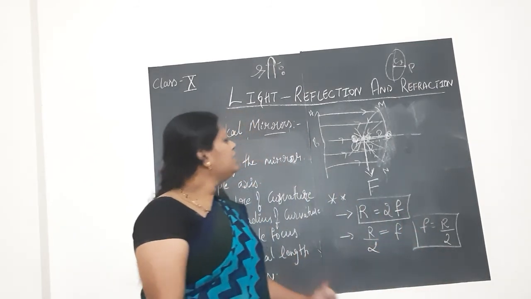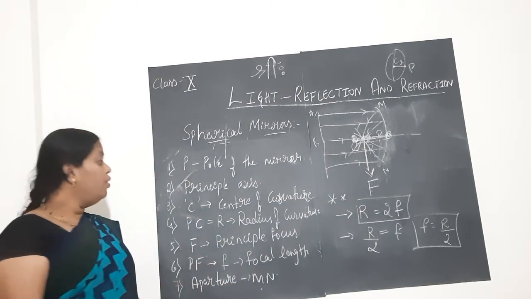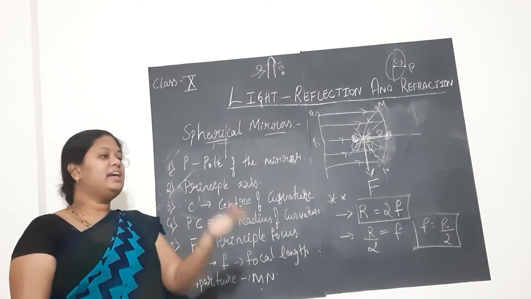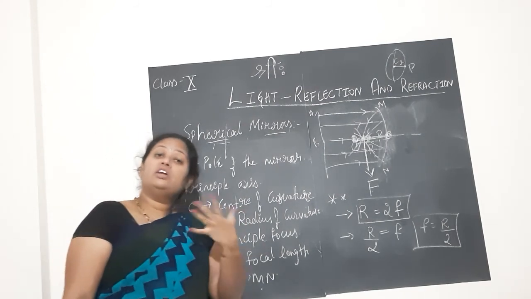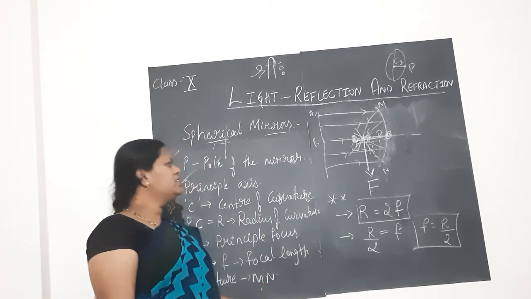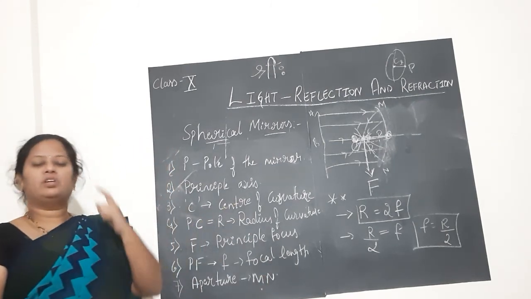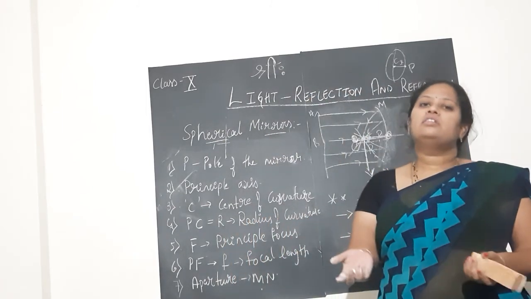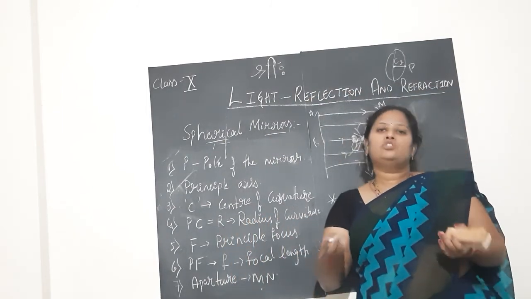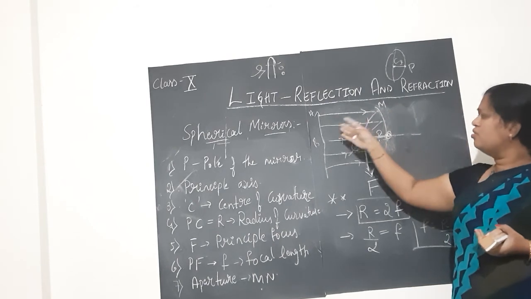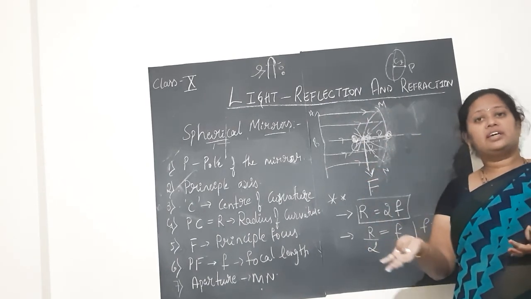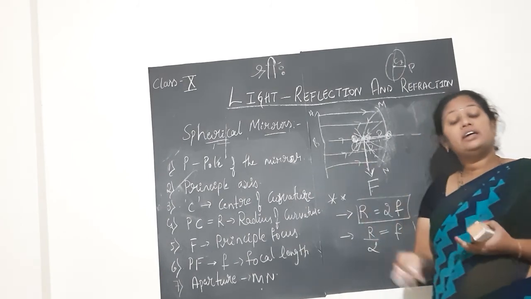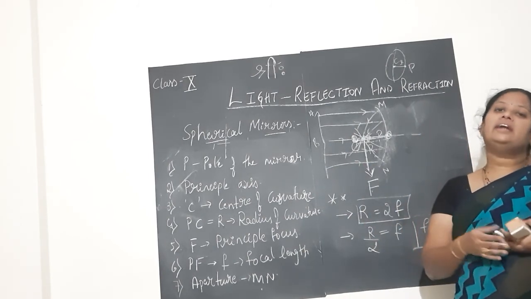So these are the few basic things which you will have to know in order to learn the ray diagram. What is this ray diagram? From the beginning I have been telling you that you will learn the ray diagram, what it is and why it is called a ray diagram. Simply we shall think. Why ray? Because light travels in the form of rays. So how light is going and how it is reflecting, that is what we are going to show in the diagram. Hence it is called a ray diagram.